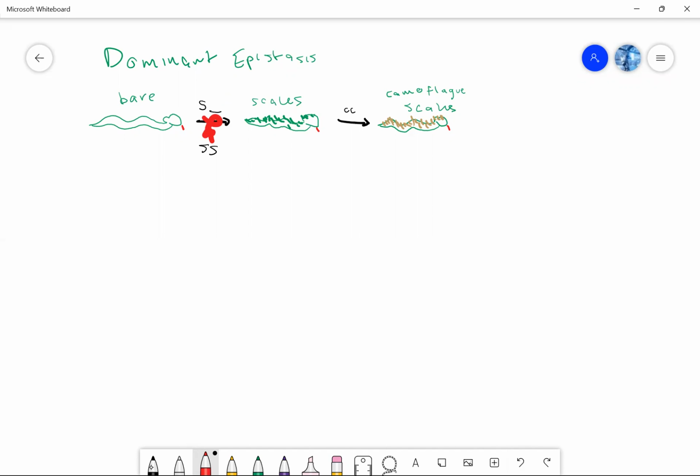And conversely, you need a homozygous recessive genotype at the C locus, instead of having regular colored scales, to have scales that help you camouflage. You need to have a homozygous recessive genotype at the C locus in order to have these camouflaging scales. So if you have a single, any kind of dominant allele at the C locus, that is going to